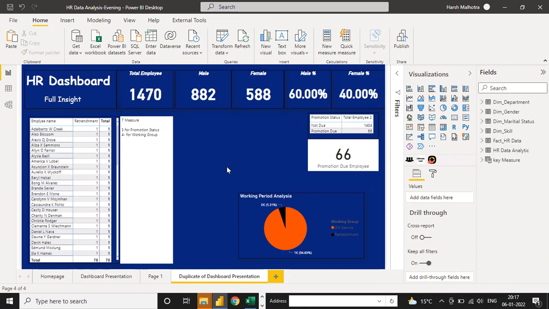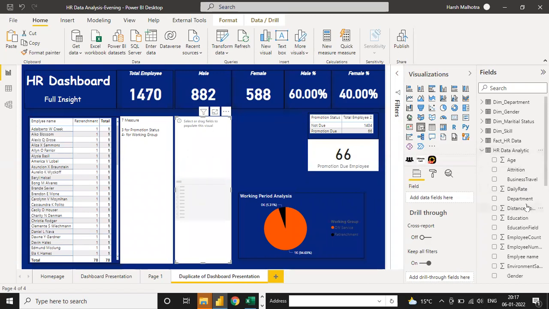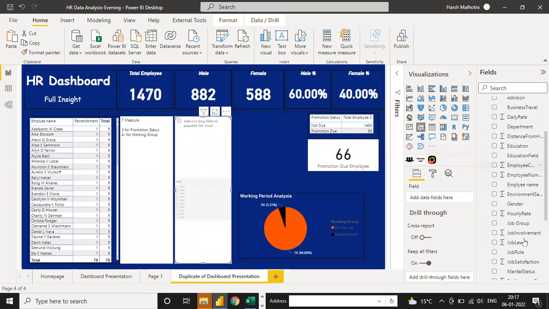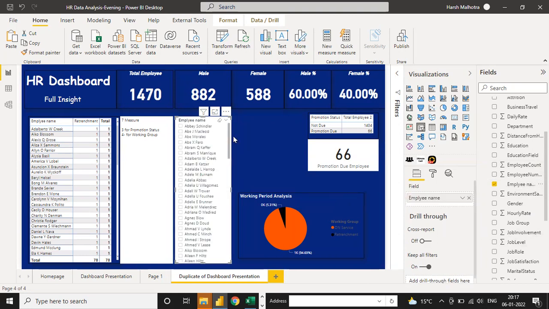Slicer, you can do. Let me check. Suppose this is the slicer, you can put it here. Click on this HR data, and suppose you have employee name. Select this employee name. So this is all the employee names.